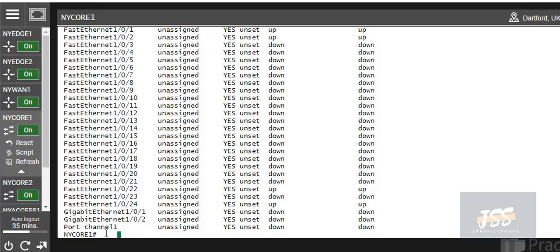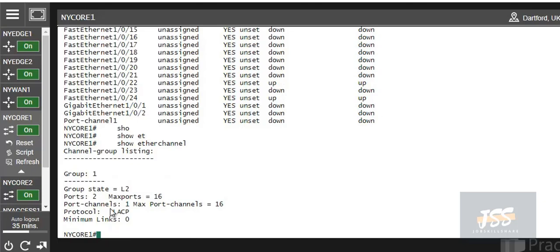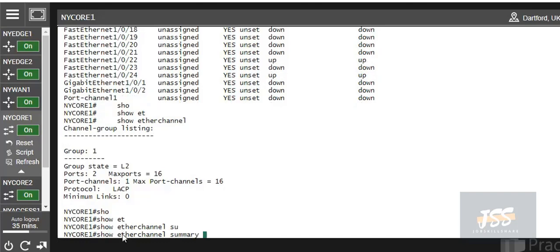Now we can check the EtherChannel with the command show etherchannel. You can see over here we have two ports and the protocol followed is LACP. So we have configured LACP on this NY Core 1. We can also see the detail with the command show etherchannel summary. It will show you all the detail.